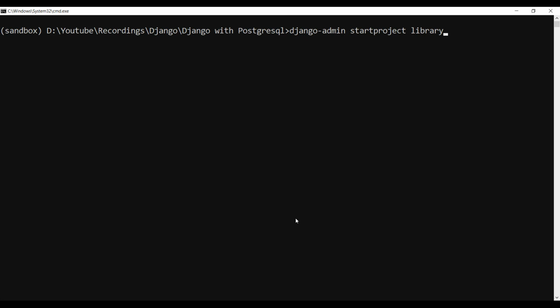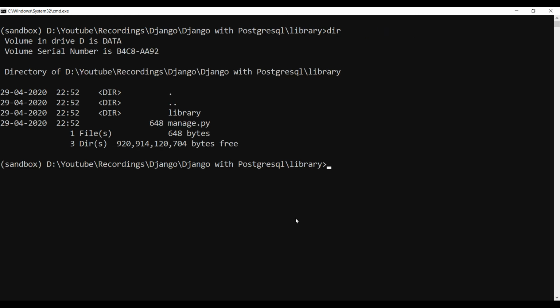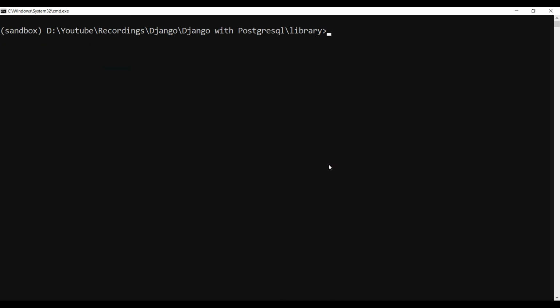Then I'll cd into this library. Now if I list the contents of this folder, there is one file called manage.py. This file is important. We will be using this file to run all the administrative commands within our application.